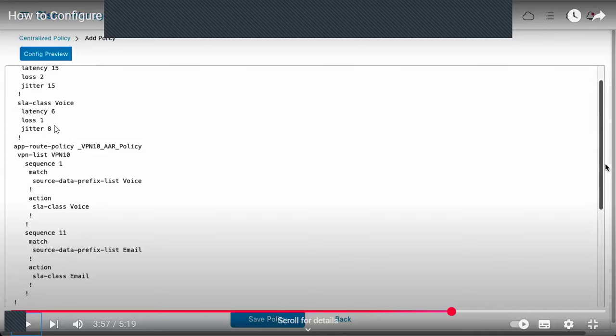In case it increases beyond this, then what will happen? The action will go to another sequence, right? So that's the way the policy is created: the voice traffic will only be sent if we have latency less than this, loss less than this, jitter less than this.